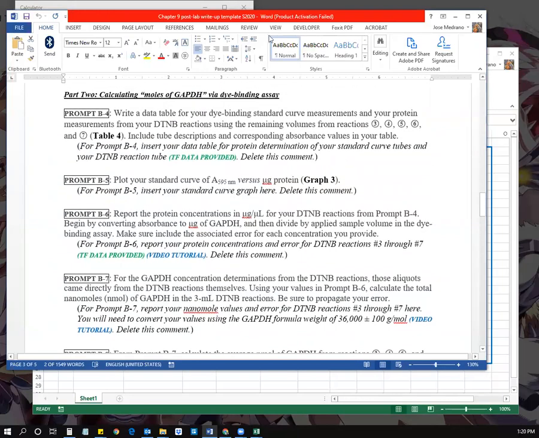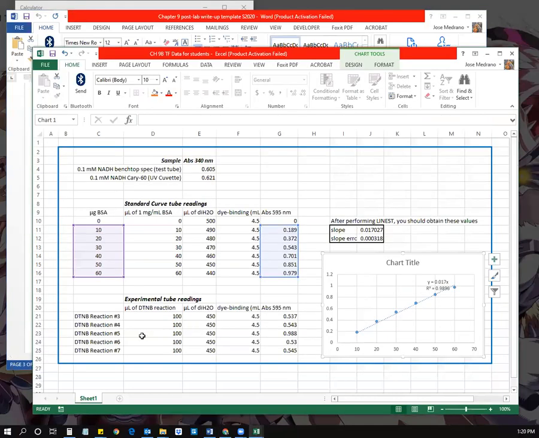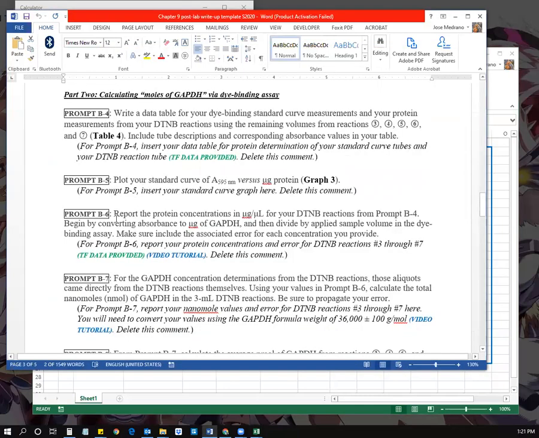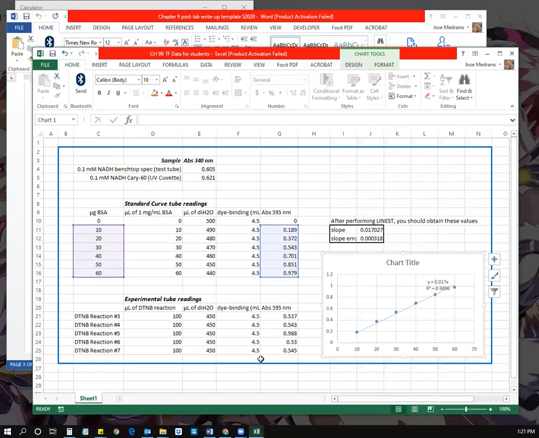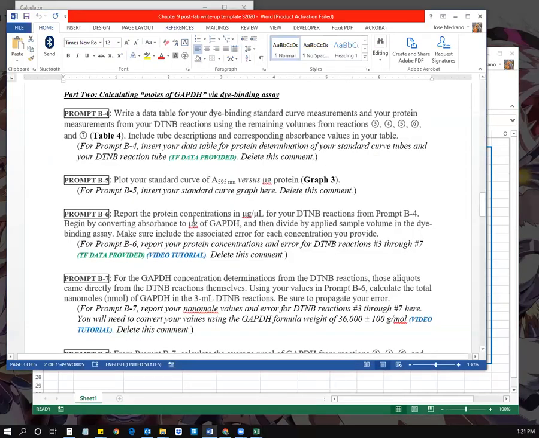Oh, I should say, sorry, in prompt B4, you should also include the experimental tube readings as well, not just the standard curve tube readings. Also include the experimental tube readings for prompt B4. But those tube readings that you had for the absorbances, now we're going to back calculate to mass and also